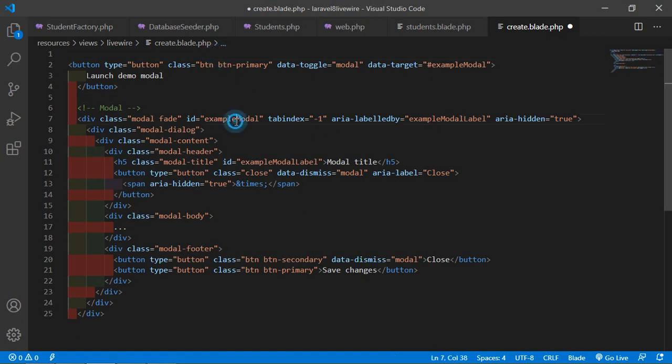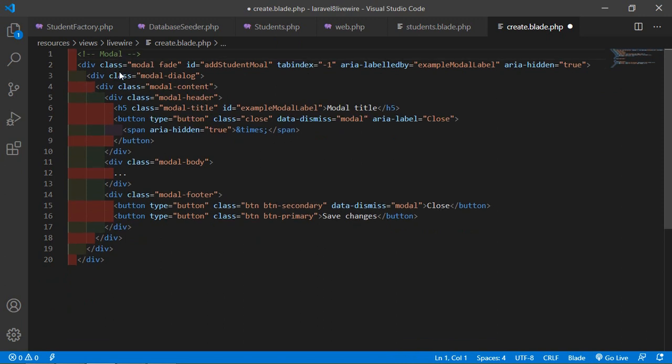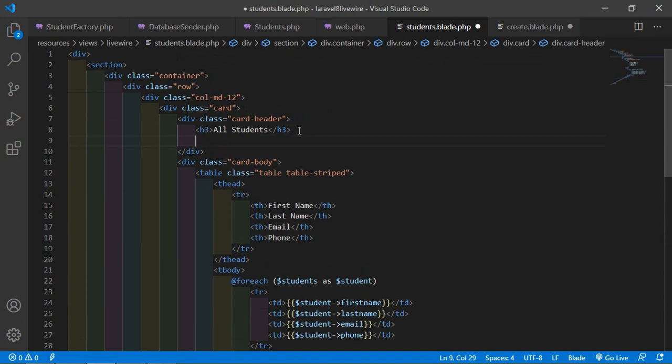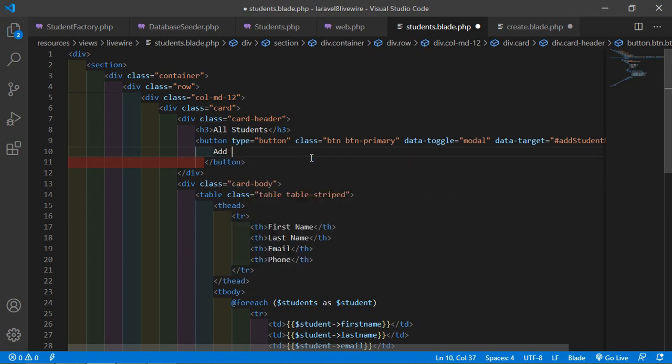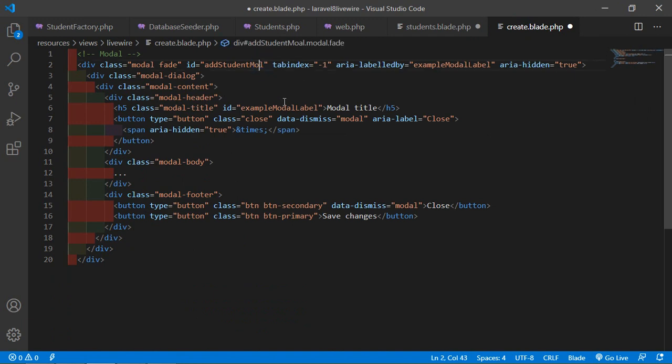Now just add here the title. The ID is add student modal. All right. Now just copy this ID and paste here. All right. Now just to remove this button, cut this button from here, and go inside the students.blade.php file, and inside this card header just paste it. All right, now change the text here, add new student. All right. The ID name is modal. Okay,